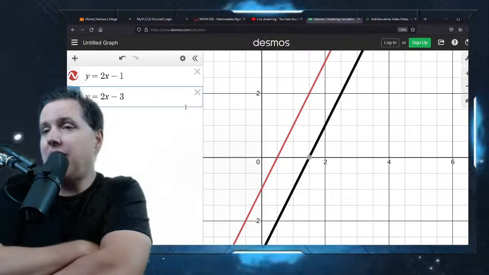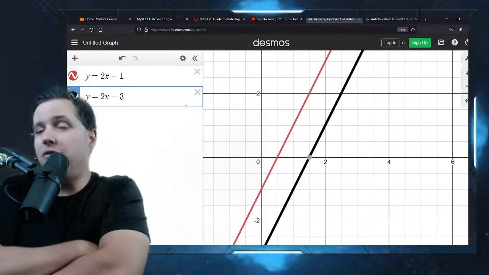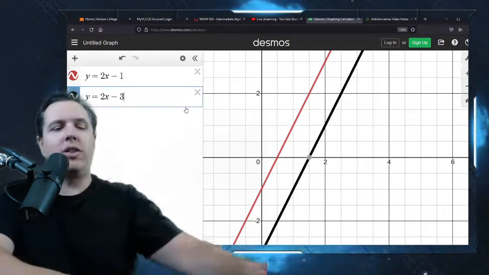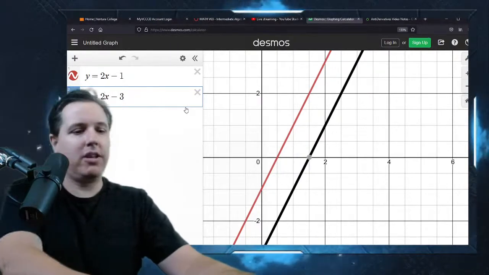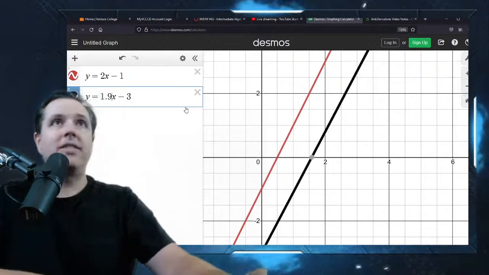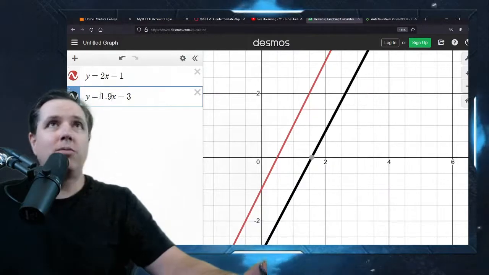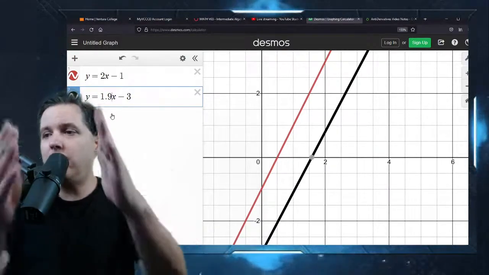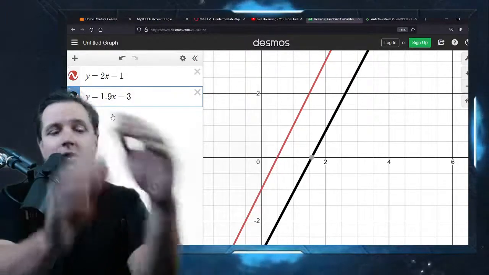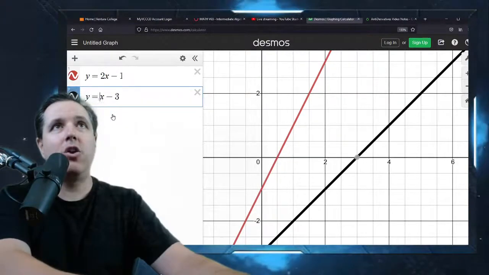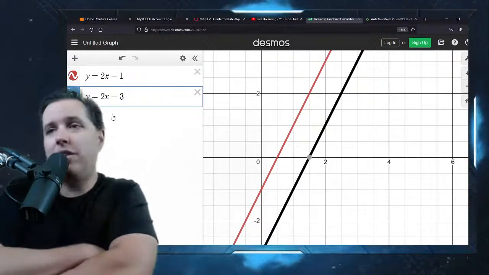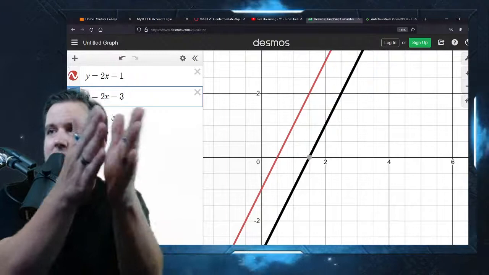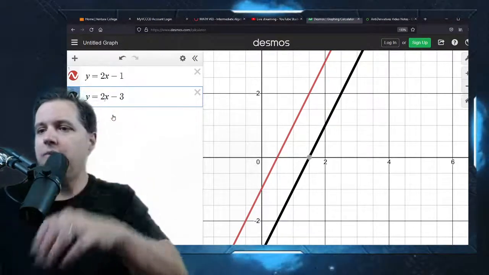These are parallel lines that do not ever touch each other, right? They have the same slope. We can come up with lines that look parallel, like that. That looks pretty parallel, but when we look at the slopes, this has a slope of 2. This has a slope of 1.9. Eventually, if we zoom out far enough, these lines are going to cross each other. But if the lines have the same slope, then we know those are parallel. They're never going to touch each other. It's like train tracks. They just go off into the distance, and they never run into each other.